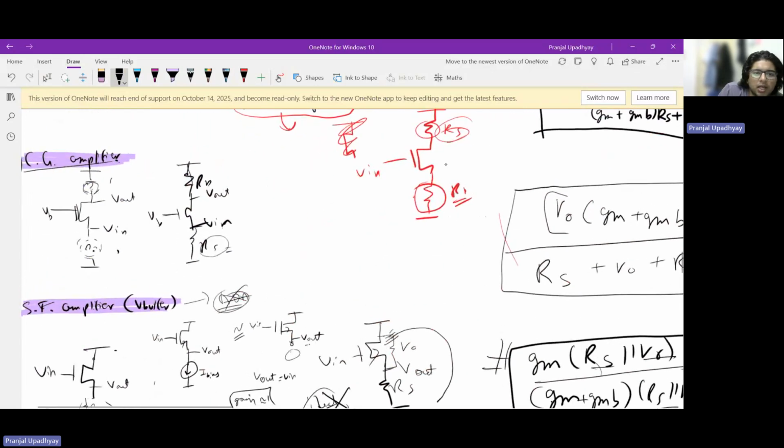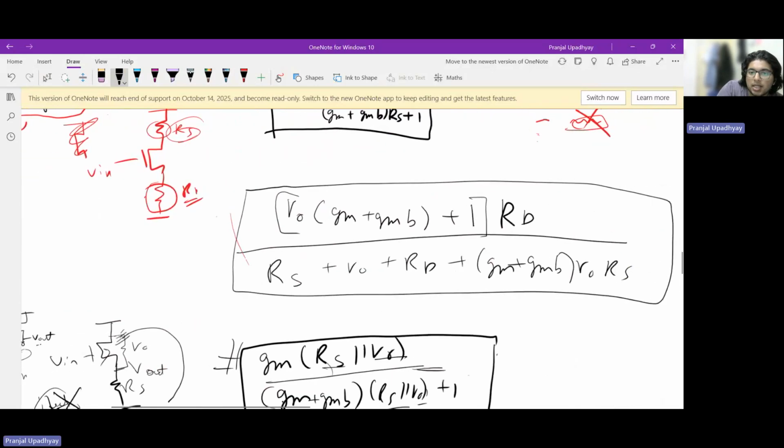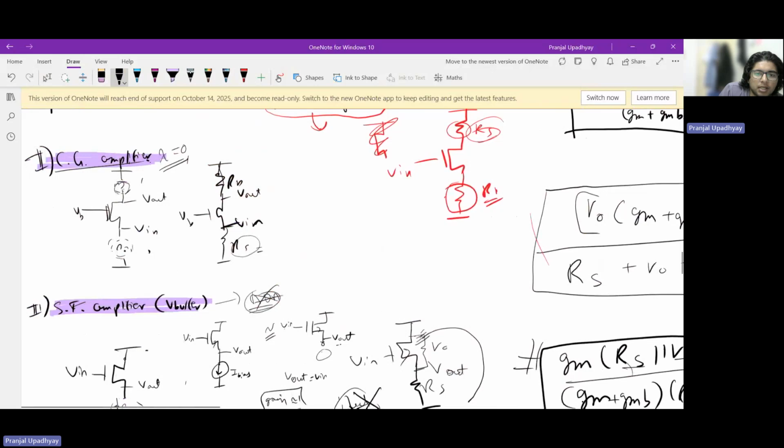So how do I personally go about analyzing this amplifier intuitively? I just assume that my lambda is zero, and if my lambda is zero, does that ease things for me? It kind of does. So I assume that my lambda is zero, and I can just say that my gamma is non-zero. So what we find here essentially is that